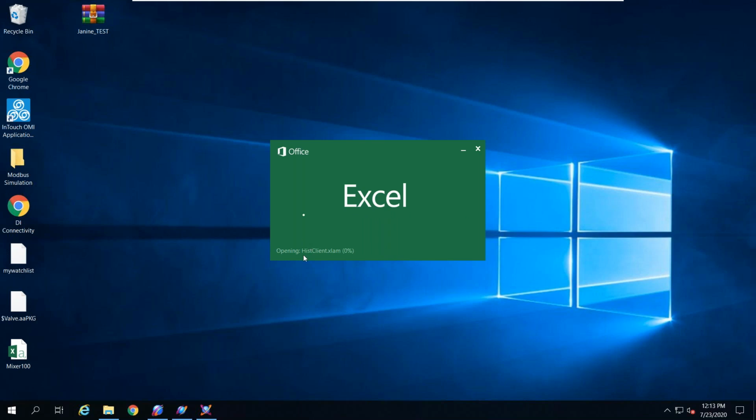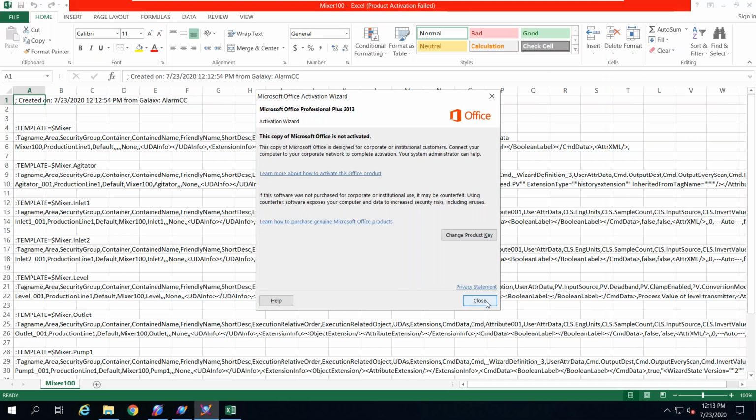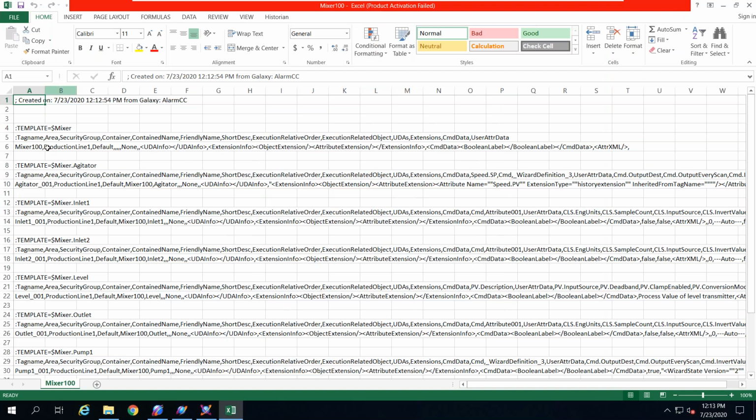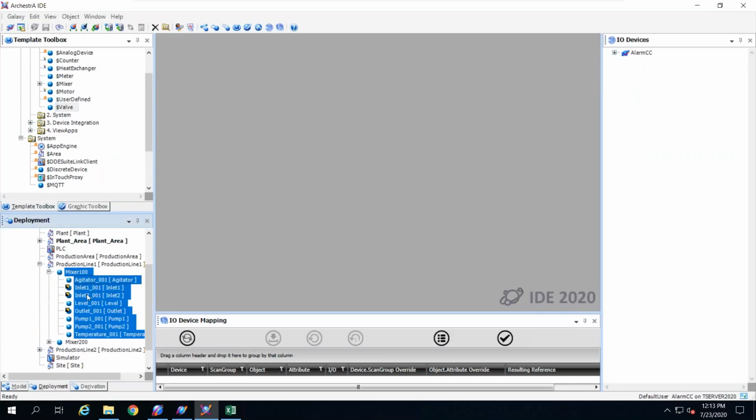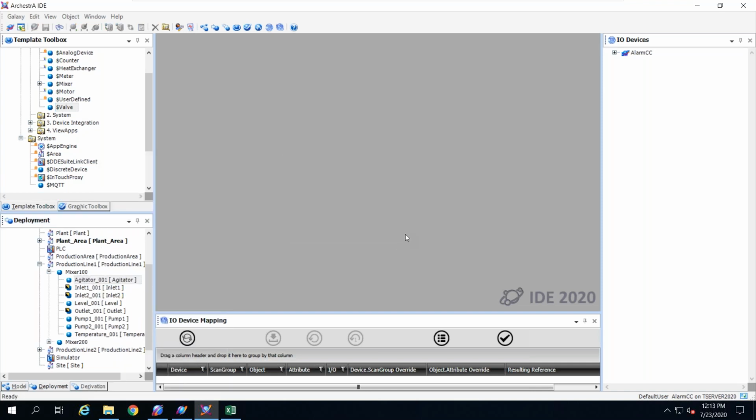If you have a historian client, the Excel will take a little bit longer to load. Now remember, this method is used, for instance, in case one, when I want to change something from the Excel file, so I can do it from here. Two, if the object itself has been corrupted and all my configuration has been made from the template and I want to recover my object, I can simply undeploy the object,